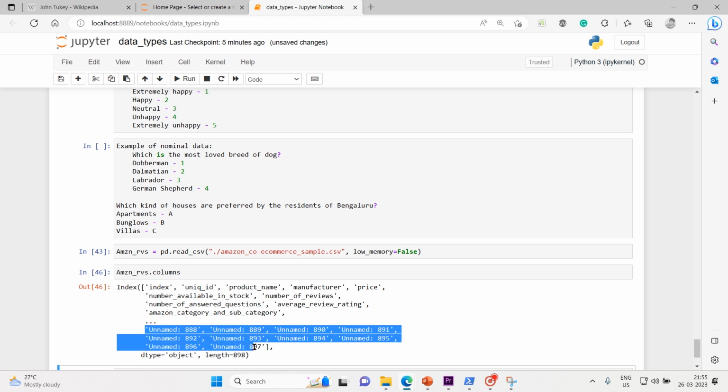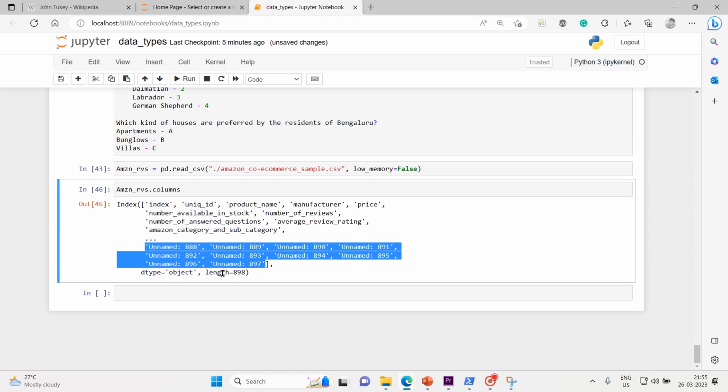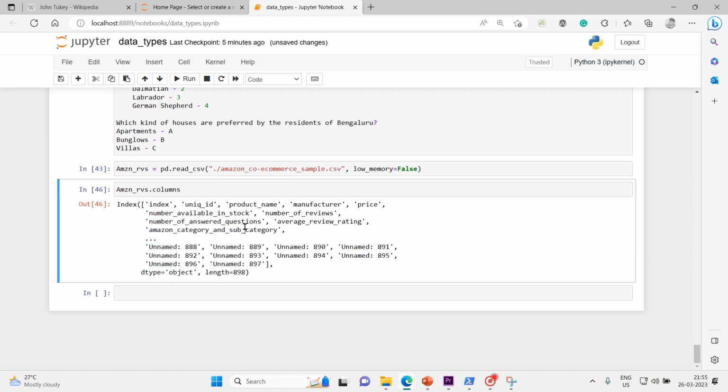Okay, forgot about this one. Of course, so you've got index, unique ID, and then product name. Which type of data is product name? Product name is your nominal variable. Then a manufacturer, and then a price. Price is a continuous variable. The number available in stock, it's a number, obviously, so which data is it? Discrete, numeric